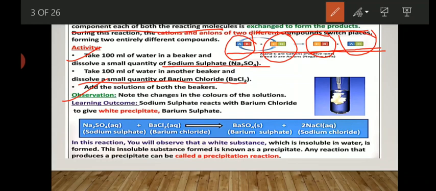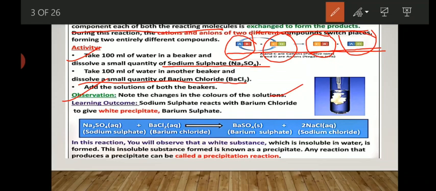You took the sodium sulfate solution, and you took some amount of barium chloride solution in a test tube. Now mix the barium chloride solution into beaker A in which the sodium sulfate solution is present. Then the sodium sulfate solution present in a test tube is mixed with the barium chloride solution present in the beaker. Now observe the change. What will you see? A change in the color.